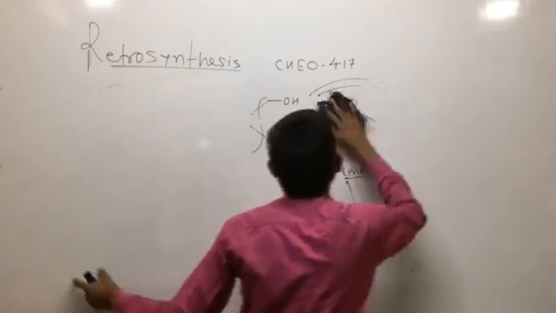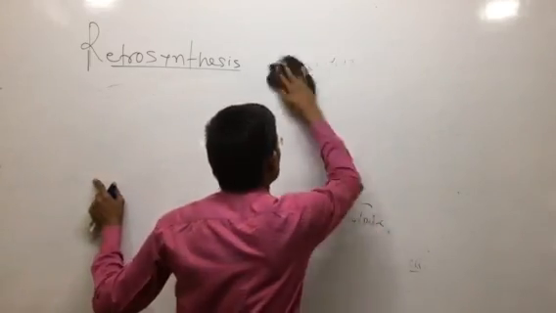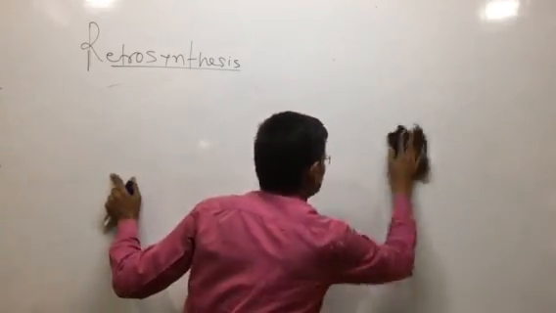Give the analysis plan of the target molecule. If we have an unsaturated species, what is that? Alkyne. So this alkene or alkyne